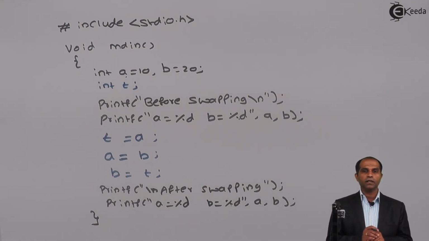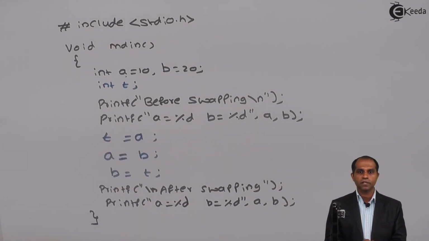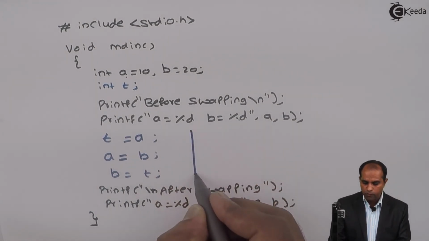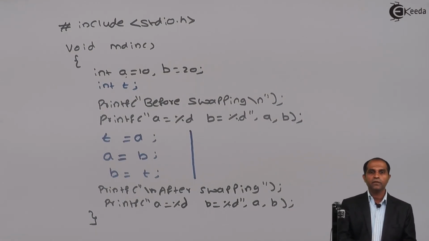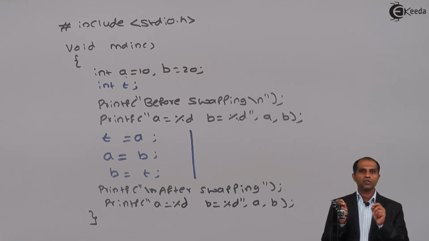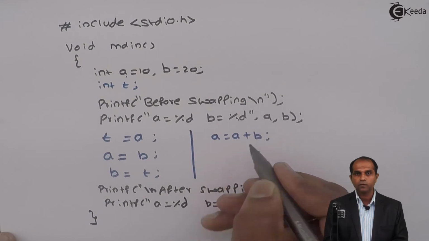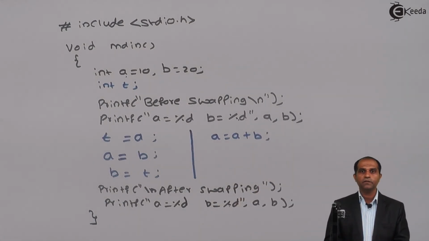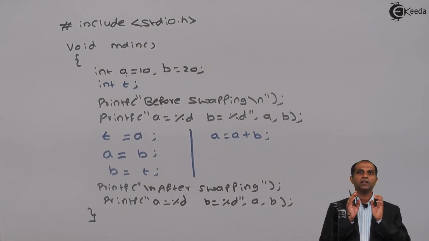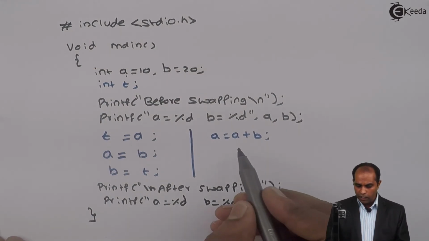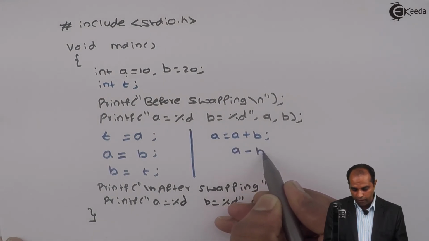Now if you opt for the second method, the entire program remains the same. Even the first instruction will remain the same, and the last instruction will remain the same. The only change will be in these two. If you remember the logic which I said, add A and B, add the first two numbers and store into any one variable of your choice. Let me do this. A equals A plus B. So here add A and B and store the result into A. Here I am considering A as the result variable. After that, you have to carry out a subtraction operation. The result variable should be subtracted from B.